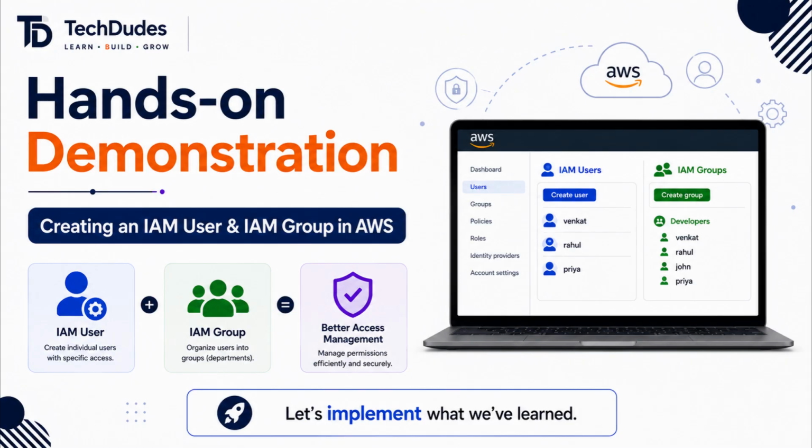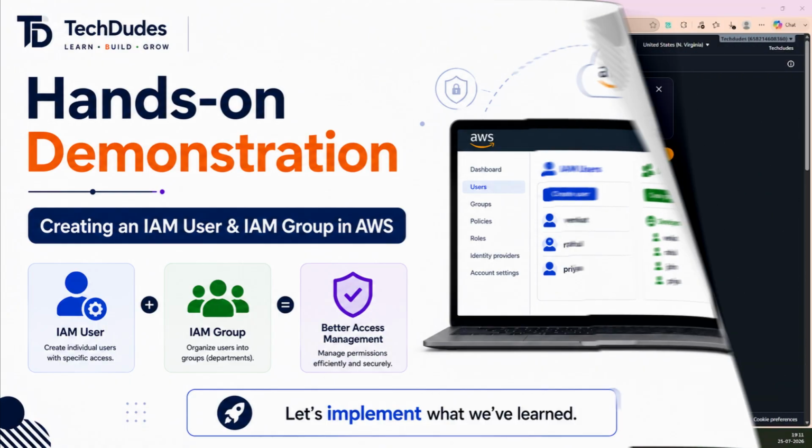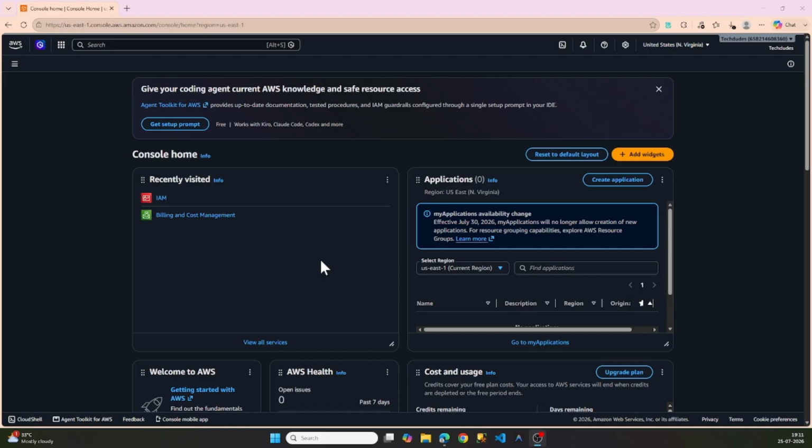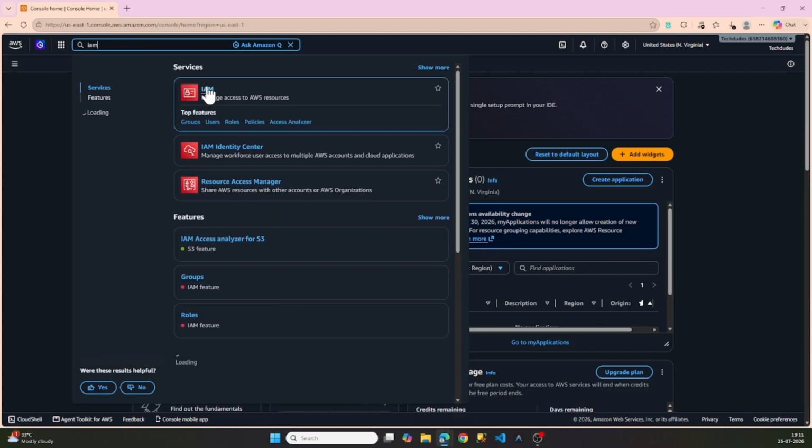Okay, now it's time for the hands-on demonstration. Let's open the AWS Management Console and create an IAM user and a group to understand how IAM works in real time. Now I have already logged into my AWS account using my root account. So now what we need to do is create an IAM user, right? For that, we need to go to IAM, or from here you can search IAM. Click on this,